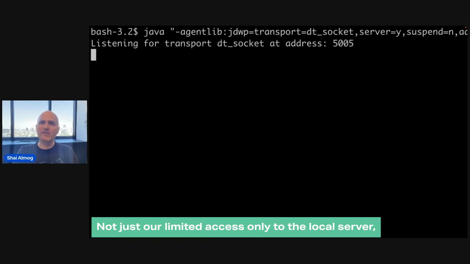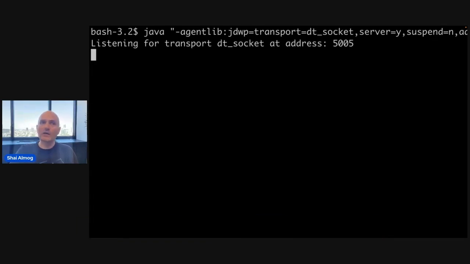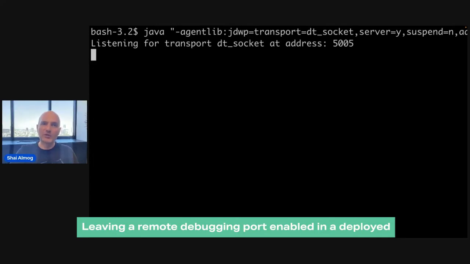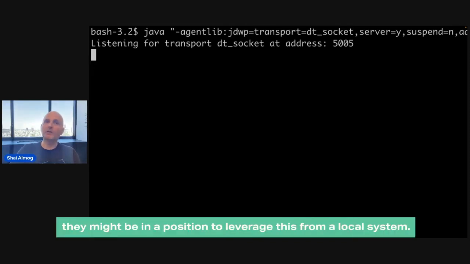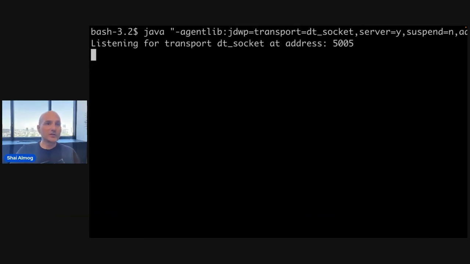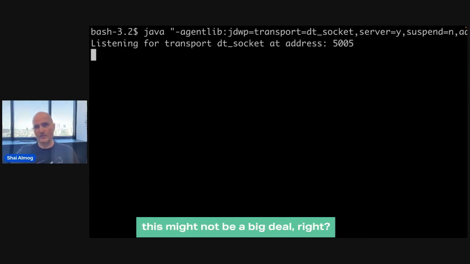Notice I limit access only to the local server, but still, it's a big risk. Leaving a remote debugging port enabled in a deployed server code is considered a huge vulnerability. If hackers can find a different vulnerability, they might be in a position to leverage this from a local system. Still, if we do this for a short period of time, this might not be a big deal, right?